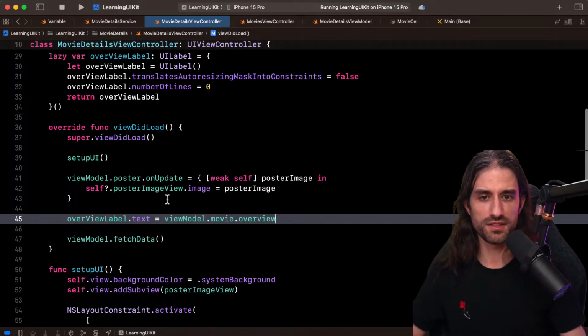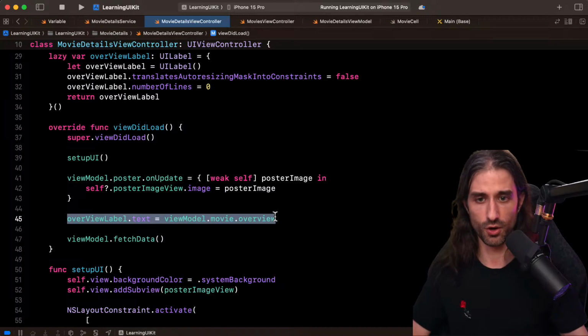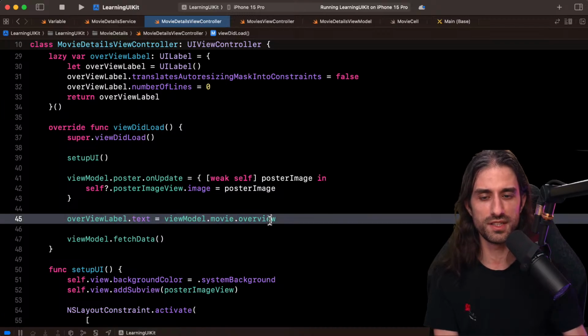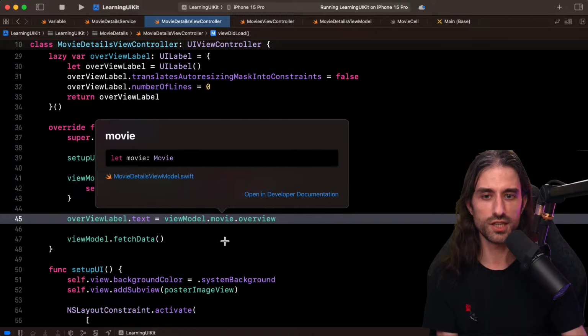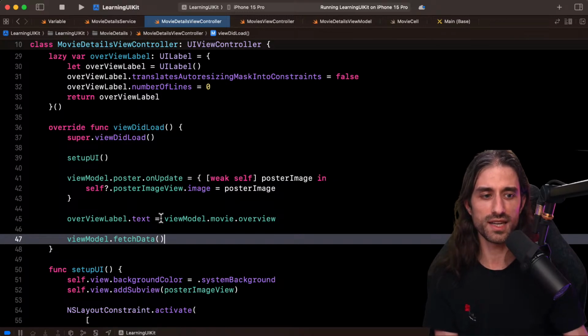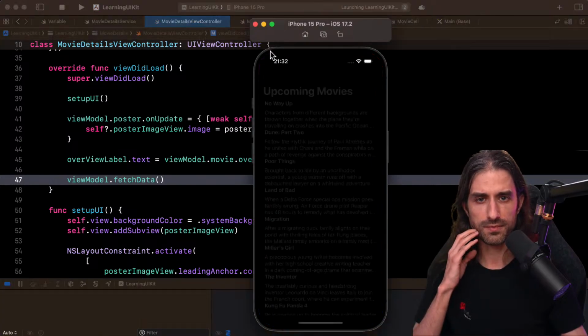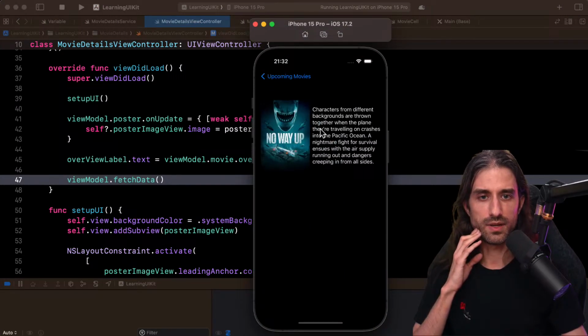So this way of setting everything, you can see that it's not the best architecture, because here some things are loaded asynchronously, others are loaded synchronously. Some things are set reactively, others are just set as a one shot, and then if the value is updated, it wouldn't be updated, even though movie is a let constant, so it's not possible for it to change. So it's not the best architecture, but at least it does the job. And now, if I click, you can see that we do have the overview of the movie being displayed.